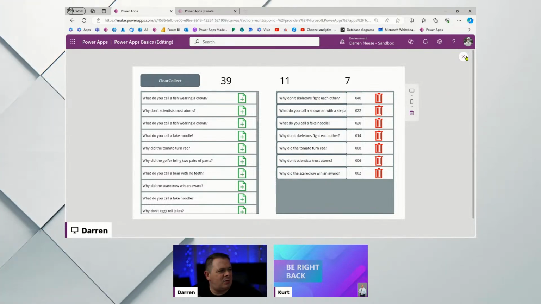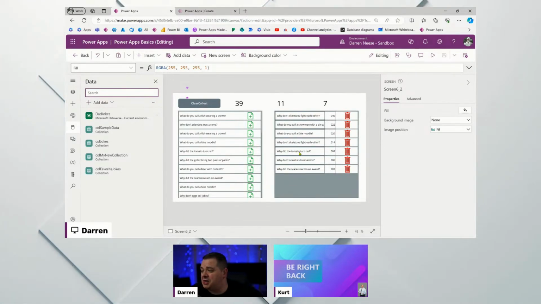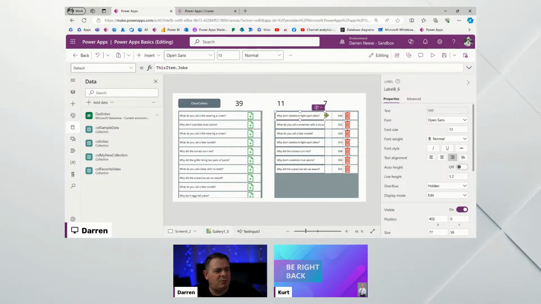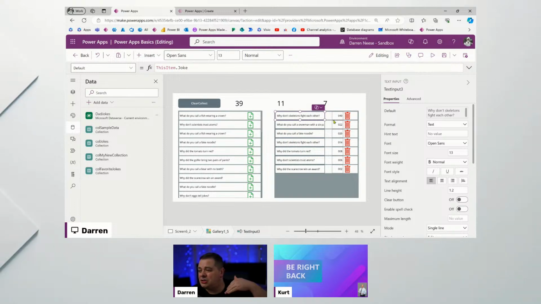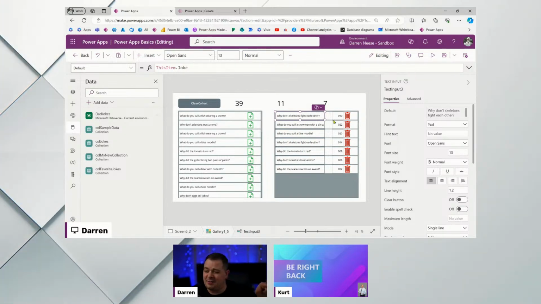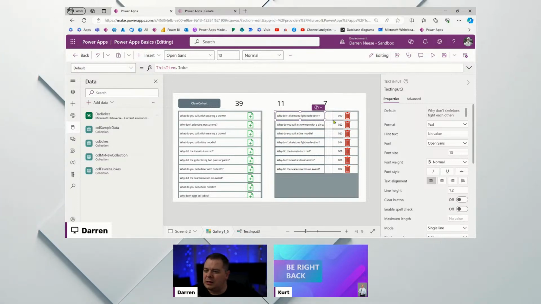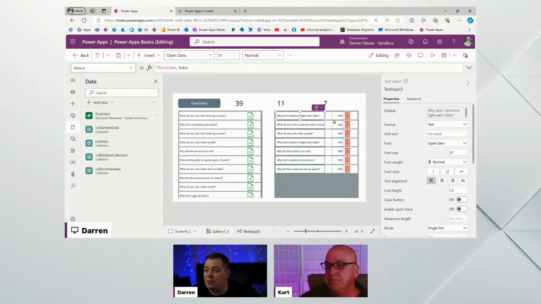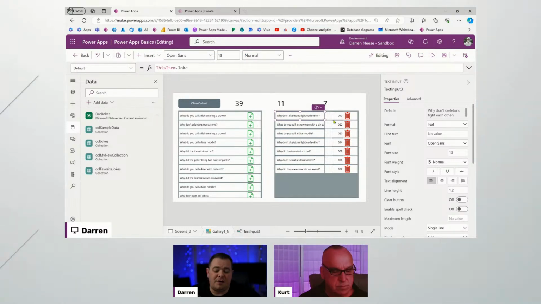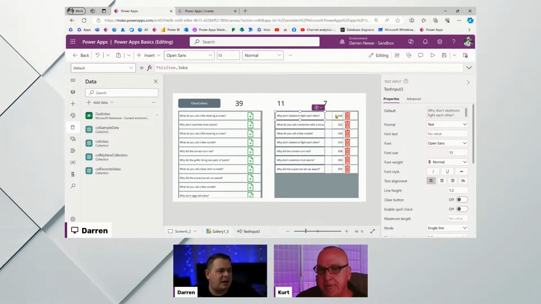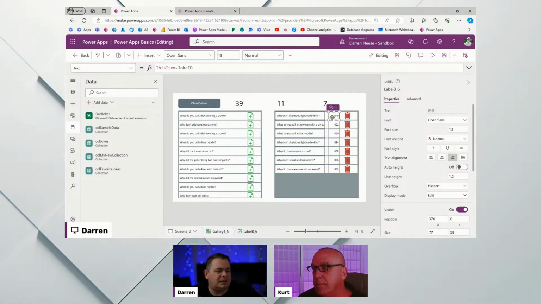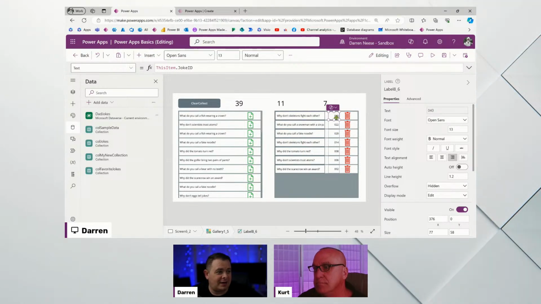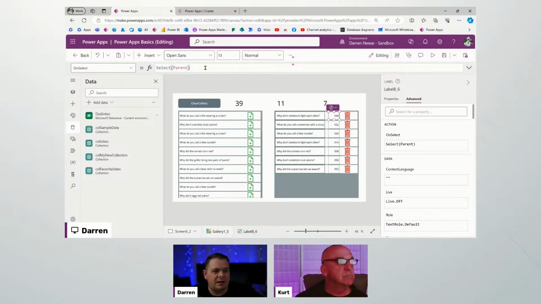But let's say the data may have changed in this collection. Based on this ID we have here, maybe we want to actually show the answer from the database. A lookup allows us to go get a single record. It's not going to get any more than one record using the lookup function. So let's say someone clicks on this label here. We want to go get the punchline to the joke. So for this label, on select,